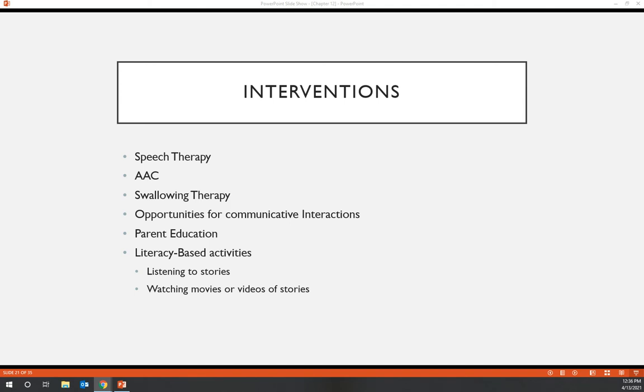So we looked at that video that showed some types of intervention for swallowing and speech. Another large area in this category of CP is alternative and augmentative communication, abbreviated AAC. That would be any kind of device that produces speech. We have to consider the type of cerebral palsy and the amount of motor control they have, because a Dynavox or a LAMP system on an iPad where they have to push a button to talk, if they don't have motor control in their hands and their arms, then that is